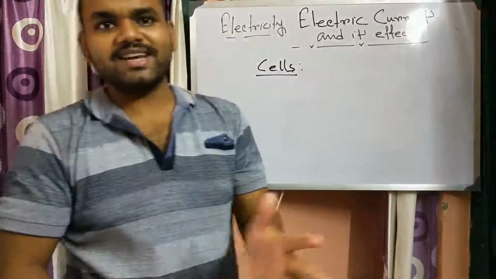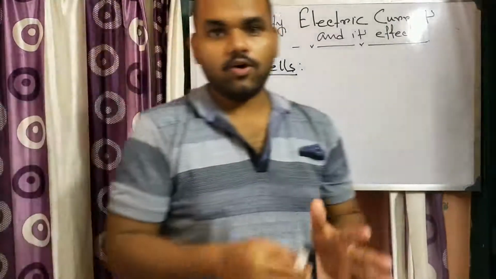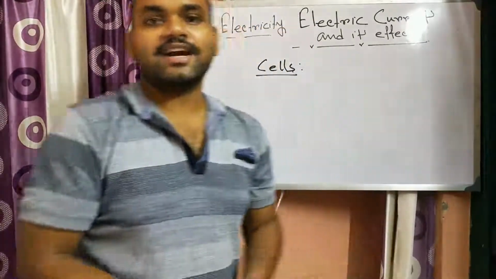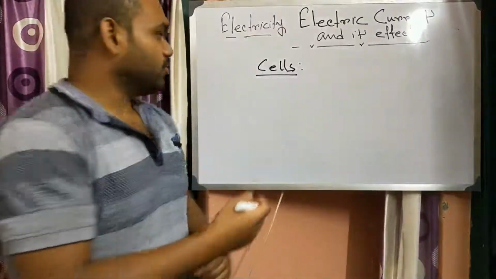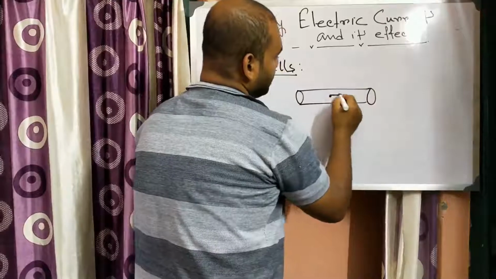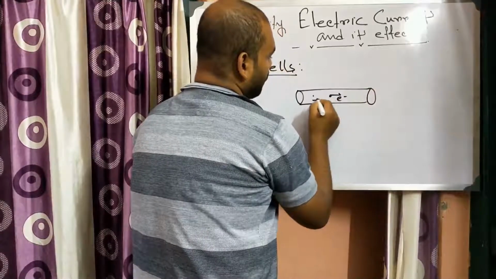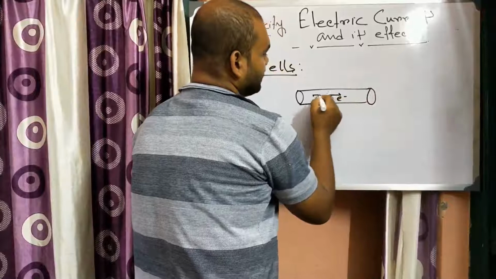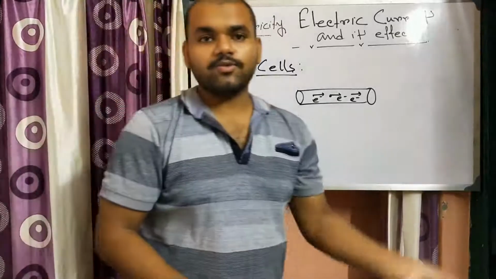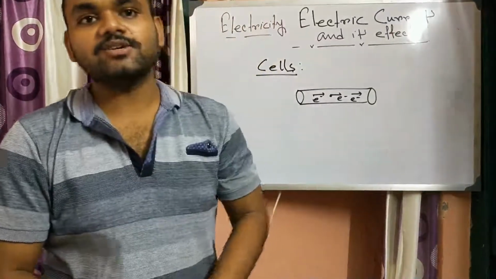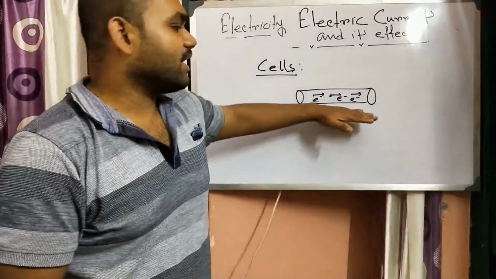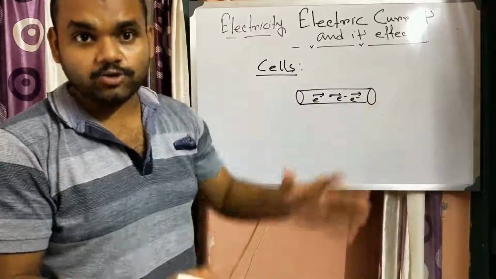Now what is electricity? Electricity, generally known as electric current, is nothing but the flow of electrons. In a particular conductor, when electrons flow, electricity is produced. Flow of electrons is known as electric current. And remember one thing: the direction of the flow of positive charge is considered to be the direction of the electric current. So the direction of the current is opposite to the electron flow, but in practice what happens?